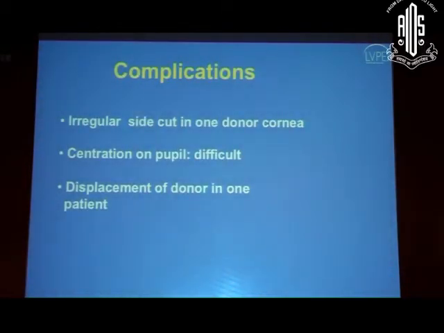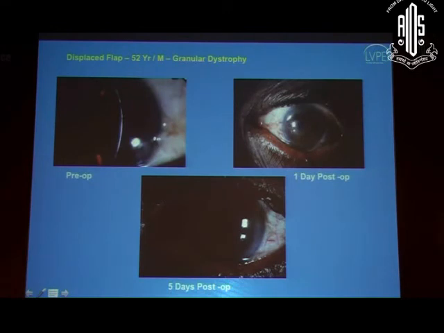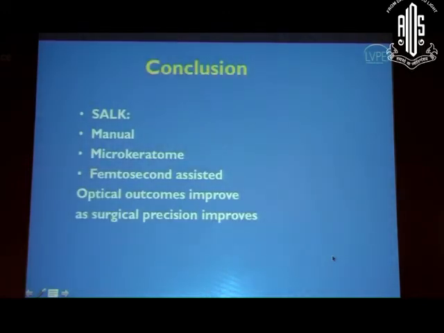So we did have a couple of complications. It's very difficult for the patient to center. That's the major difficulty that we face, because the patients have poor visual acuity, they can't fixate very well, and even if you mark the center, by the time you apply the suction, they're looking somewhere else. That has been one difficulty. And in one patient on the first post-operative day, we had displacement of the graft, but just like how you put your LASIK flap in place, we did the same thing. We didn't suture it, and this patient is doing pretty well since then.